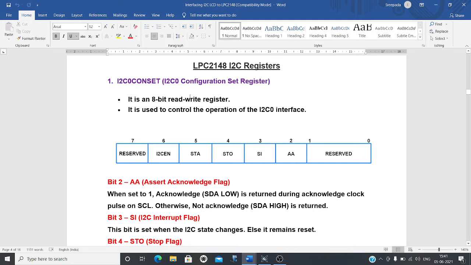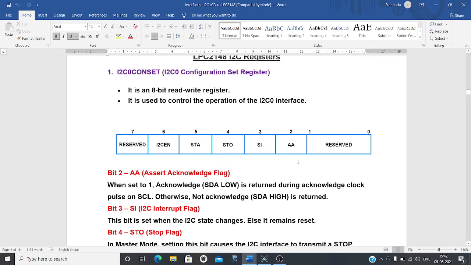We'll just go through them. The first register is I2C0CONSET, which stands for I2C0 configuration set register. It is an 8-bit register having a different meaning for each bit.